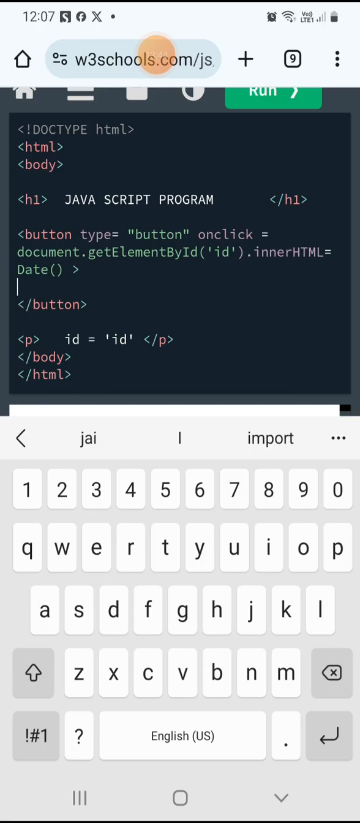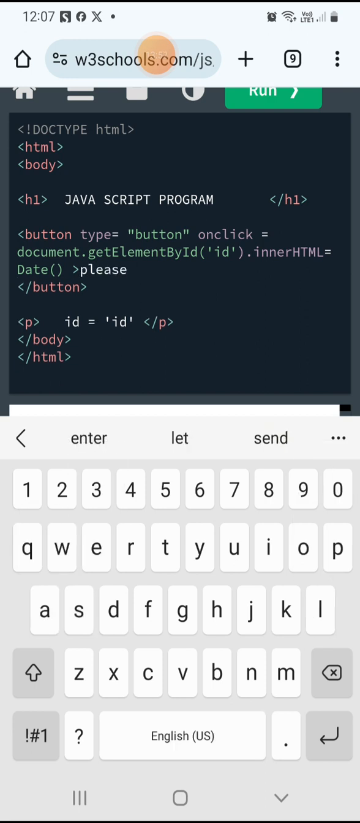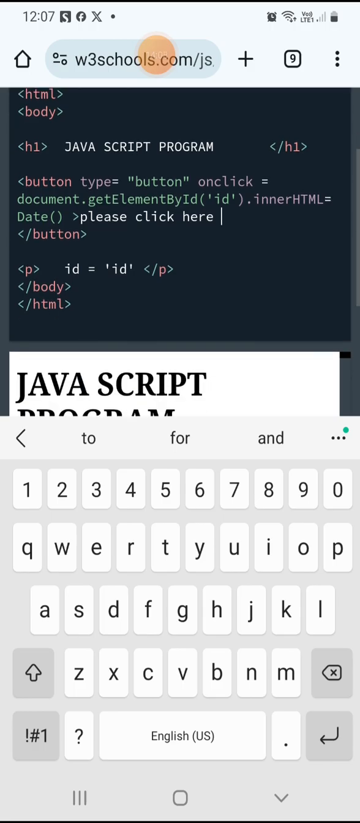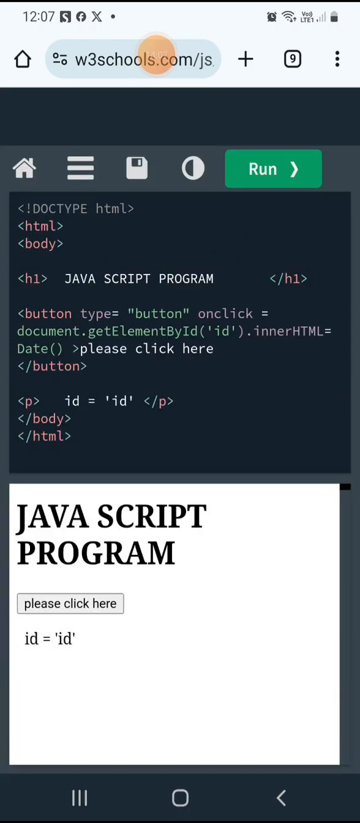Now the button is created. Over that button, if you want to write any JavaScript program, anything you want to see over the button, please click here. Now let us run this code and see if anything happens. So please click here,